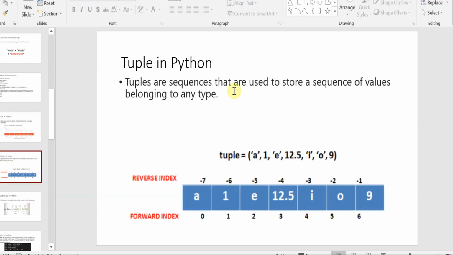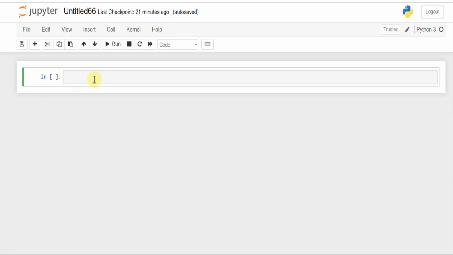So let's see how it works in Jupyter Notebook. This is my Jupyter Notebook. Let's start with tuples in Python. I will take T as a container, and I want to store the tuple. For storing the tuple, I need to take the parentheses. Inside the parentheses, I am taking various integer values, float values, string values, and various values according to my convenience.